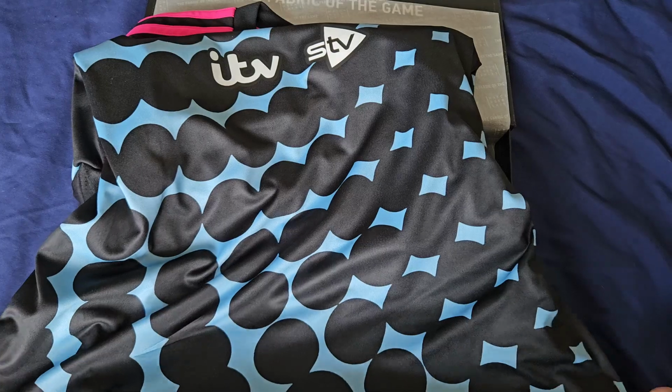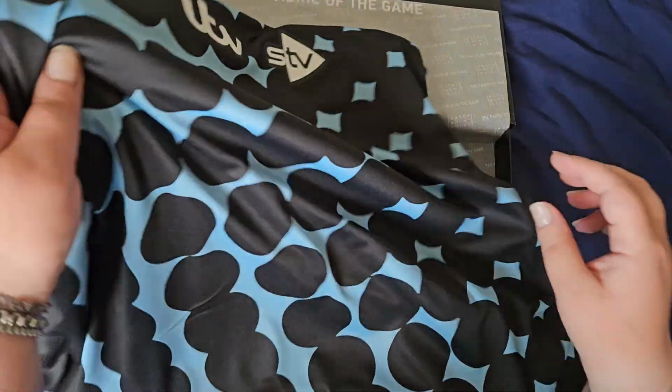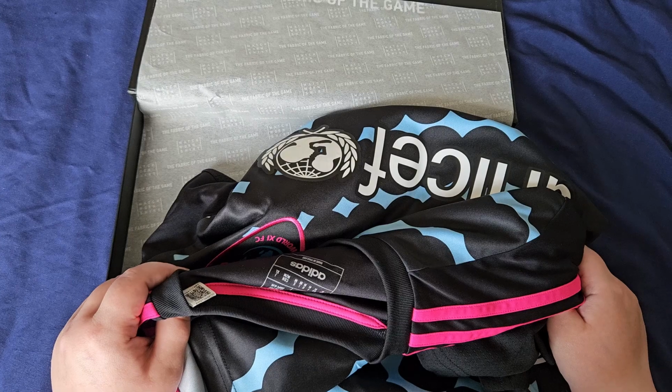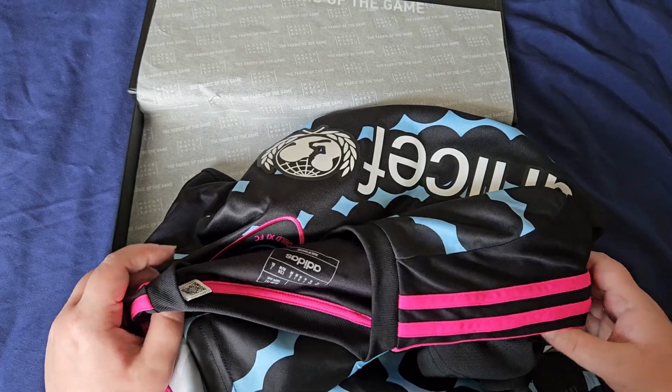This jersey is actually really, really good quality. And let's have a look at it. It hasn't been washed. You would think that it would be washed. I can smell it. Okay, that's an interesting choice. But anyway,